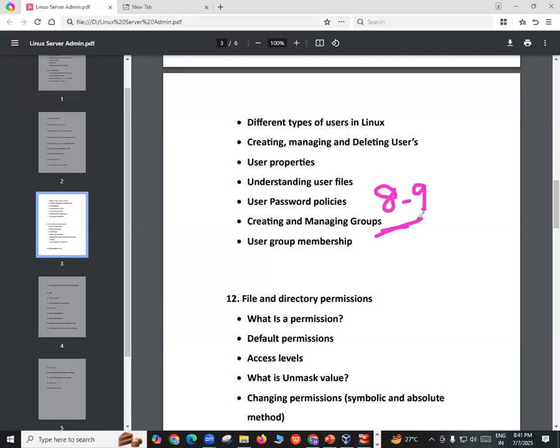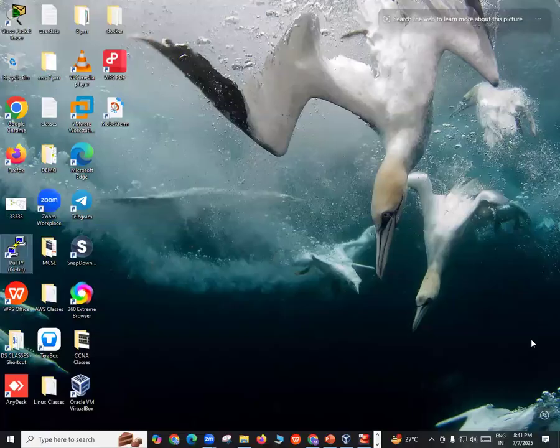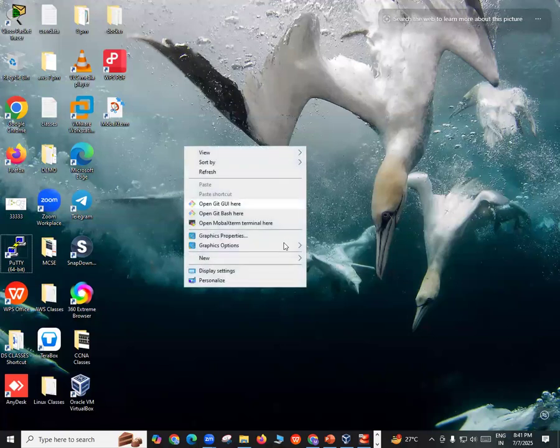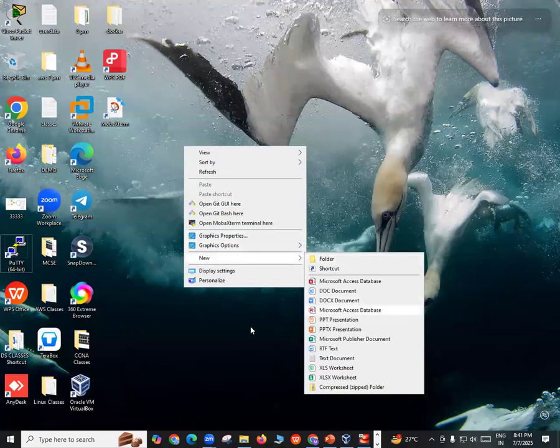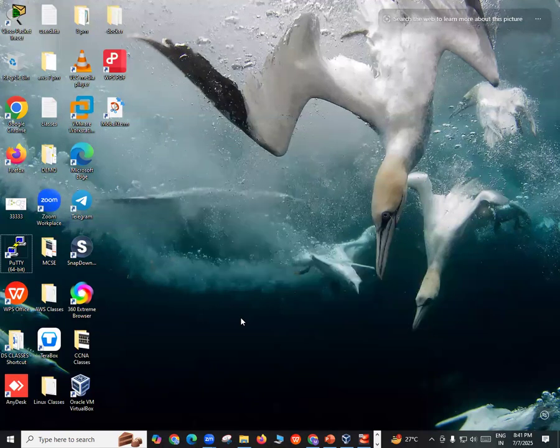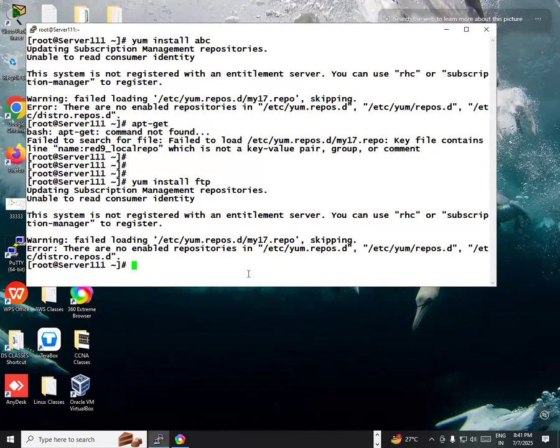Normally people are afraid of learning Linux because they feel like everything is commands, commands, commands. My friend, everything is command here, and that makes Linux such a useful operating system. That makes Linux such a secure operating system. That makes Linux such an easy to use operating system. Commands are not difficult, my friend. From day one, when we started using our computers, we are using this graphical interface, right? Like, right click, go and say new and create a folder or a file or a document. But in Linux here, everything is command, and I'll make sure you simply like your commands. You simply enjoy your commands here.